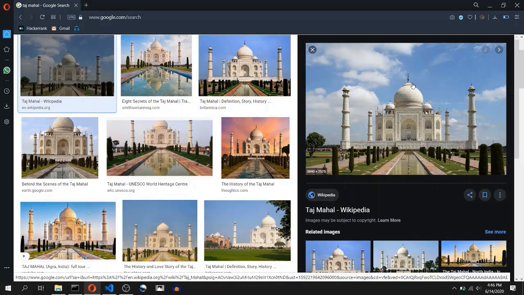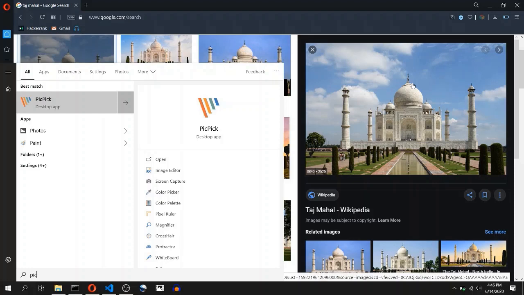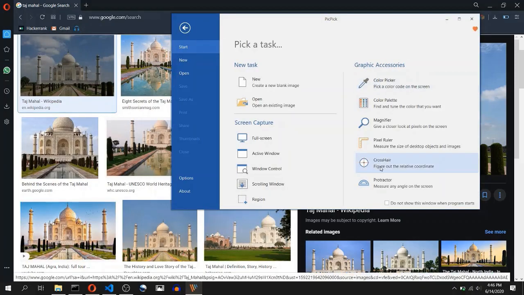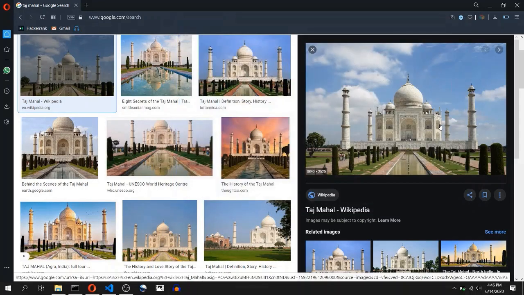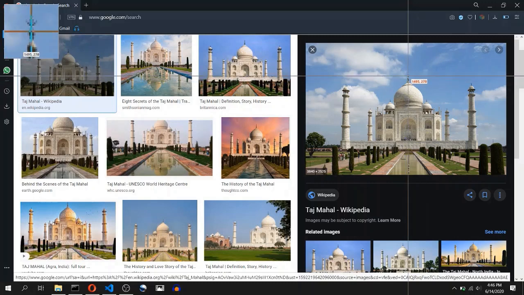For that, I will use the PicPic application. You can use any other software as well. The link to PicPic installation will be in the description section. Inside this application, I will use the crosshair function to get the coordinate of the region of the screen. As you can see, this application is showing me the coordinate of the region where my mouse is currently pointing.